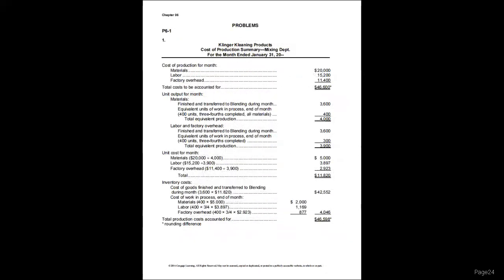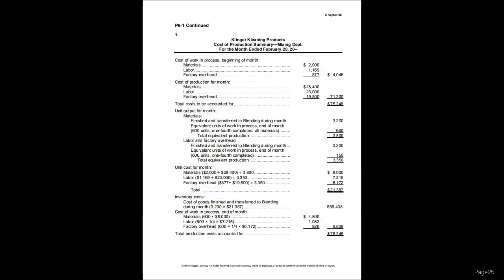So take note, we are now dealing with the months of January and February. So for the cost of goods finished and transferred to blending during January, that's from mixing to blending. However, we still have the next report referring to the month of February, where we carry the cost for the work in process beginning. So we now involve again the cost of goods transferred to the blending department during